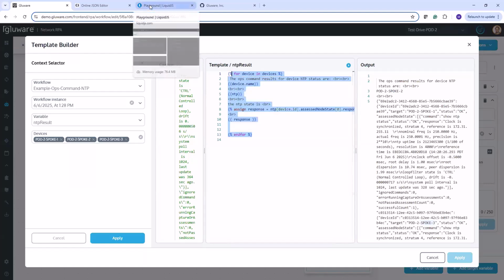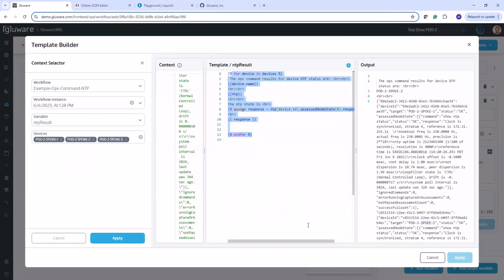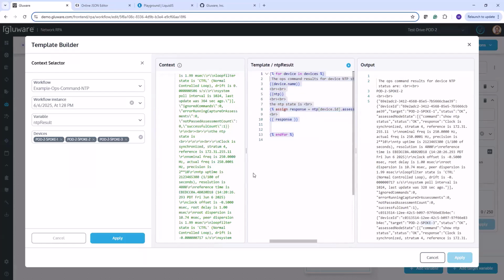The other great reference I would point you to is liquidjs.com. There are tutorials, there are areas to learn, and there's a playground here as well. So when you're in the playground here, it's purely LiquidJS, and you have to put in your context down here that is feeding into the template and renders the output. The benefit of doing it right within Gluware here is that context is generated from your real workflow. So hopefully that's helpful and you understand, but basically this is where you iterate on the data that you want